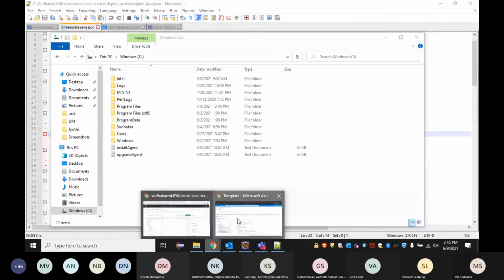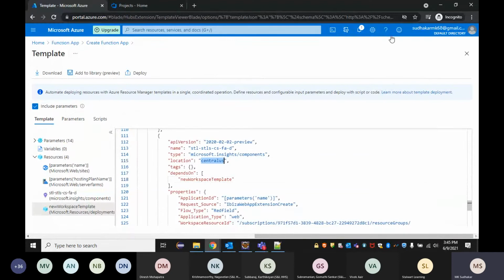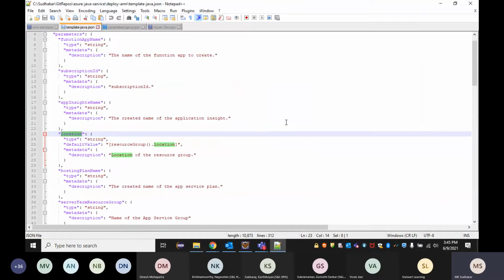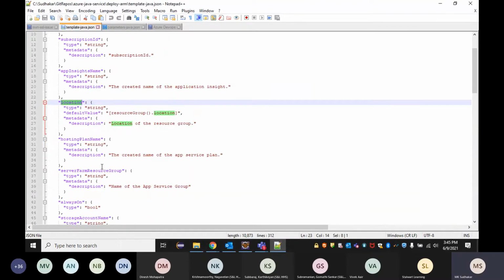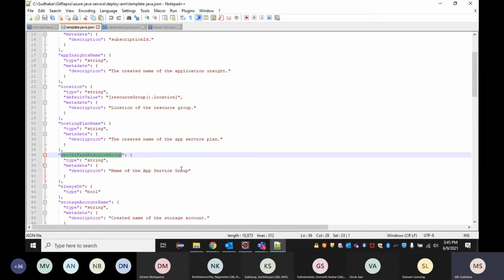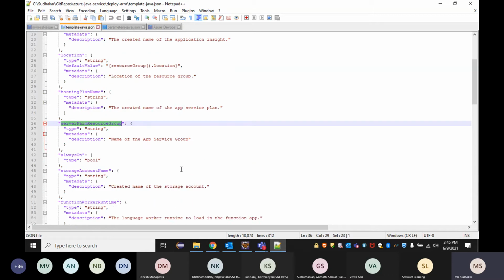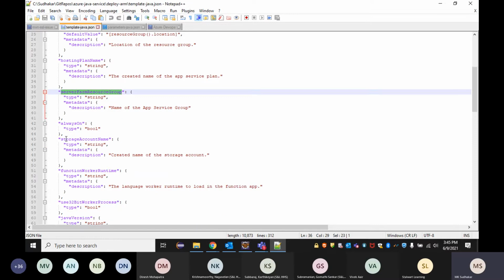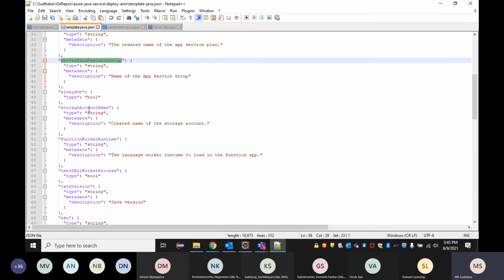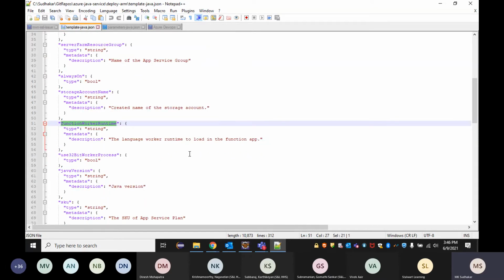Right now, if we see, I selected the central US, right? Maybe your project can be in West US or South US, North US, any other locations, right? So even that can be parameterized so that this ARM template can be reused. Location as well. The hosting plan name, the server farm, the resource group you want to deploy this to. So a few of them can be parameterized, like storage name and function app worker runtime, right? This is the worker runtime which I was talking about, whether it is Java or C# or Python. So based on that, you can even parameterize.